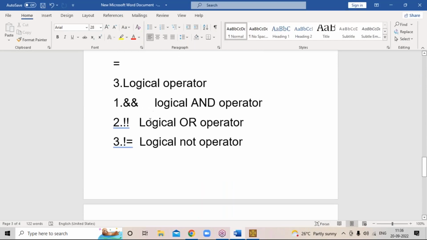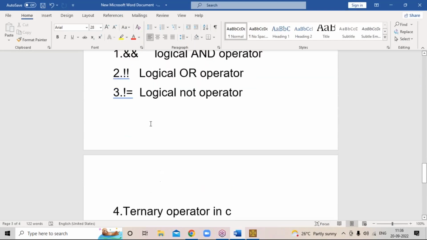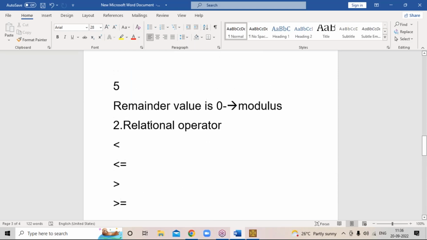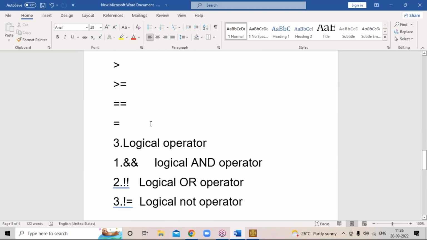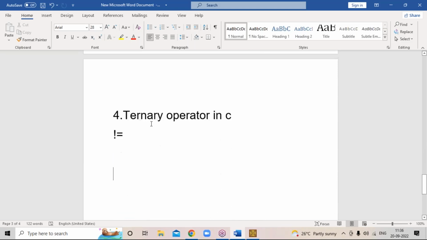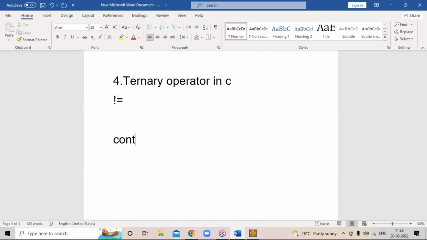So before we could learn this, the logical operator and relational operator or ternary operator, we should have to know what is this control statement in C. What is this control statement in C language? Control statement in the sense we have the statement which is used to control the flow of execution of the program. We call it as control statement. Okay, the statement